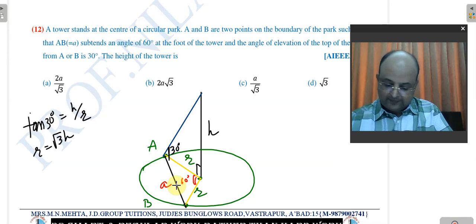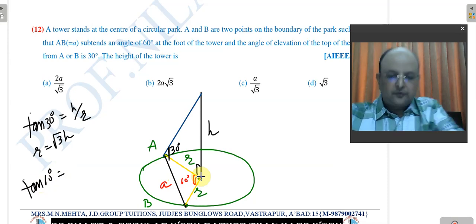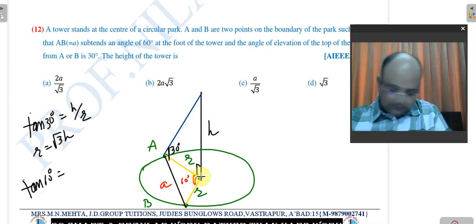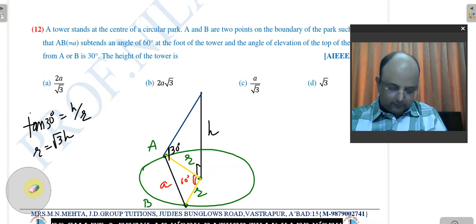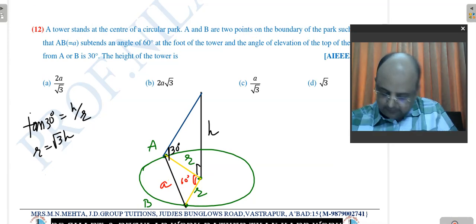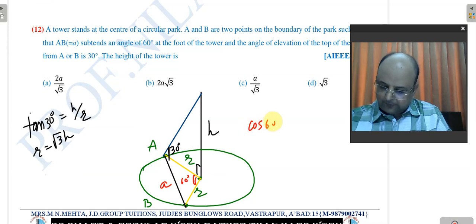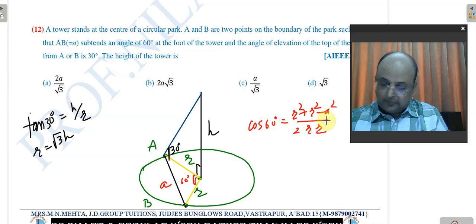What is tan 60 degree? Tan 60 degree for this right angle, this is not right angle. It seems it is not right angle. So fine, we go for it. Yes, bachcha. Tan 60 degree does not work, but I have one beautiful thing in my brain that I can go for cos 60 degree. For this triangle, actually information we should use it. Cos 60 degree, the 60 degree is the angle between these two sides, that is radius, that is r square plus r square minus a square upon 2rr. You remember this formula, right?